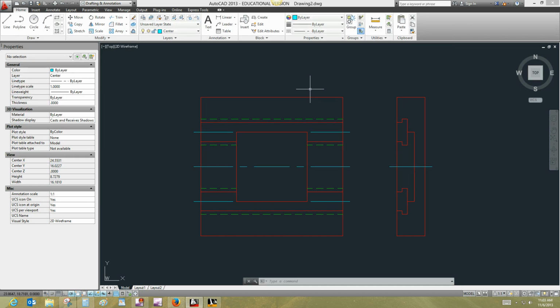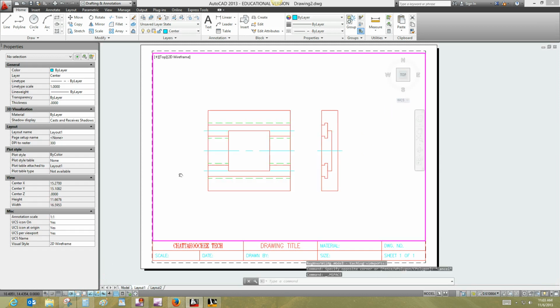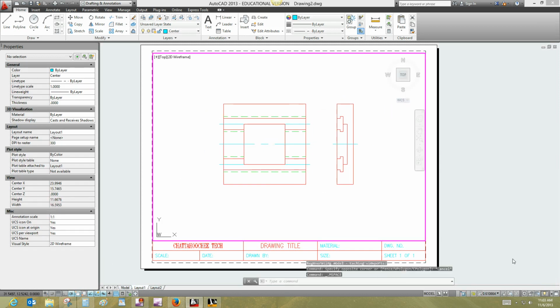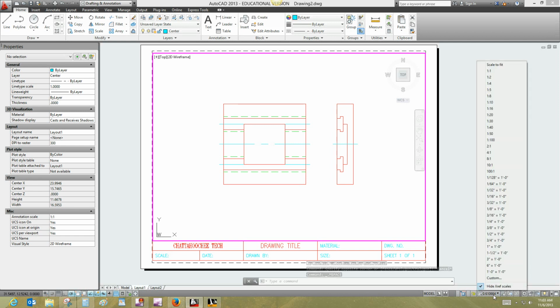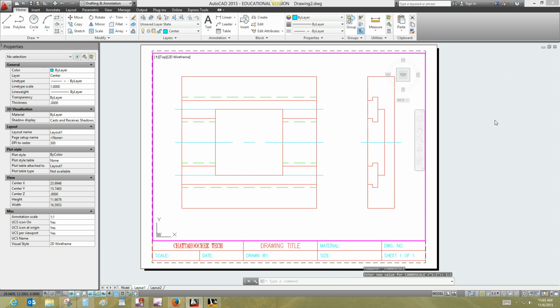Okay. So now let's switch over to our layout. And let's get our drawing centered in our viewport. And let's find a scale that works for this object. Let's try 1:1. Okay. Pretty large,